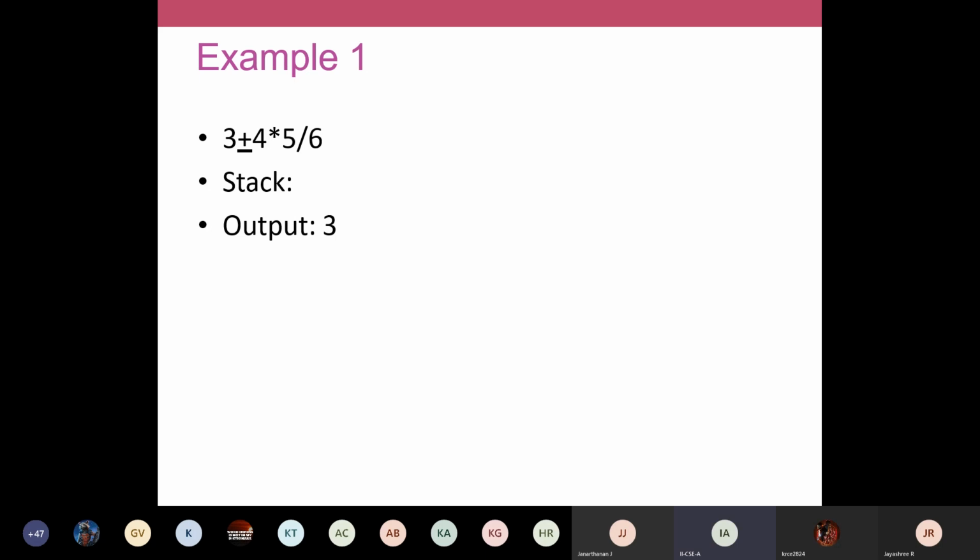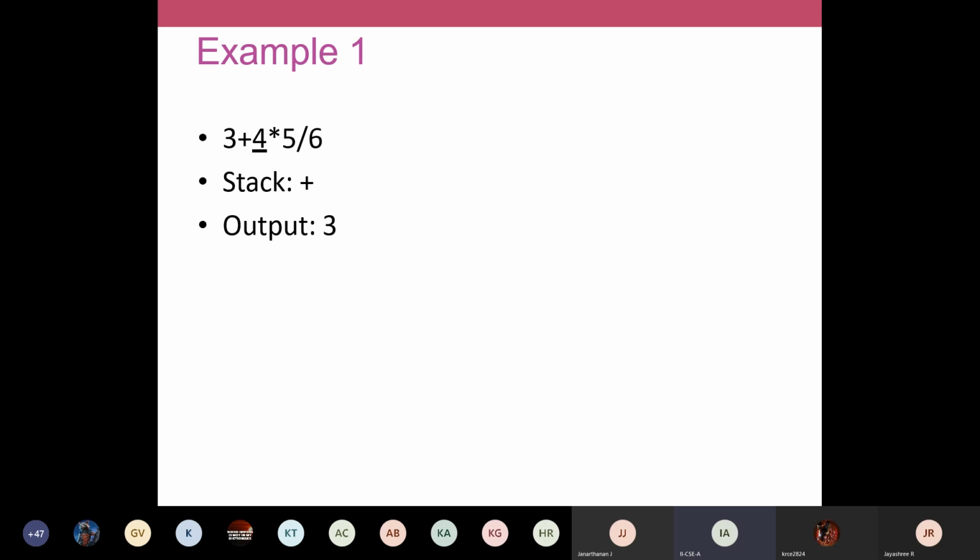Step 1 is you analyze 3 and decide what to do. Step 2 is you note down this plus and decide what to do. So where are you going to write this plus? Whether you're going to write it into the output or push it into the stack. Stack. Yes, we are going to push it into the stack. So step 3, write once again and write these 3 lines. In every step you'll have these 3 lines: your input expression, and then your stack and output.